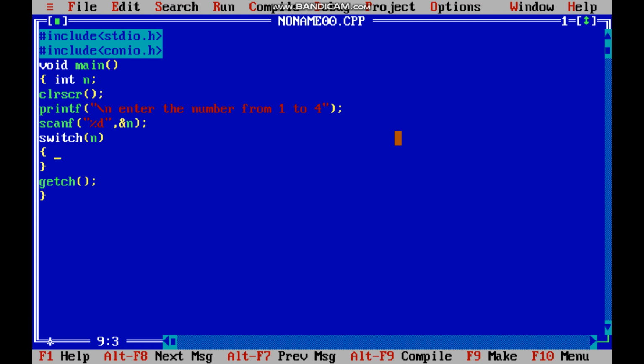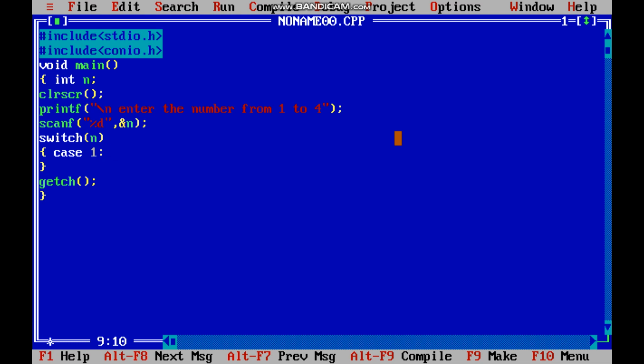So I am creating the cases. Case 1 means the value entered by the user is 1. So what you are telling the machine is to perform a particular task in that situation, with the help of the switch case.